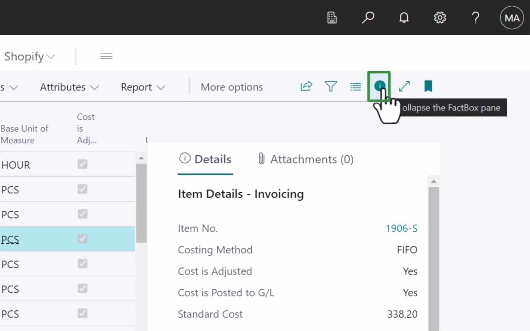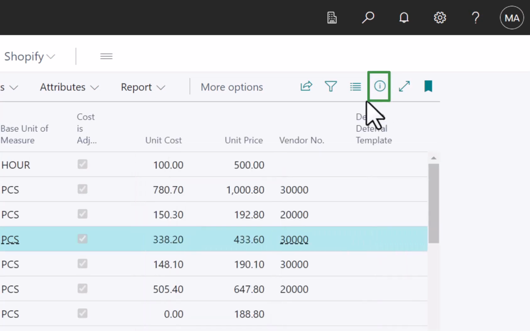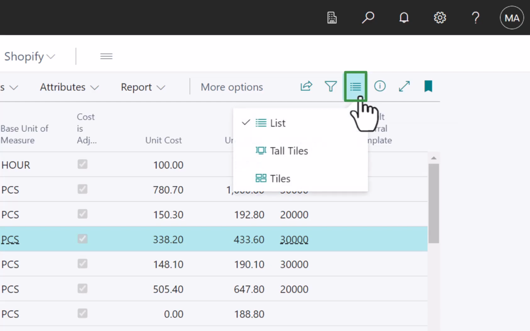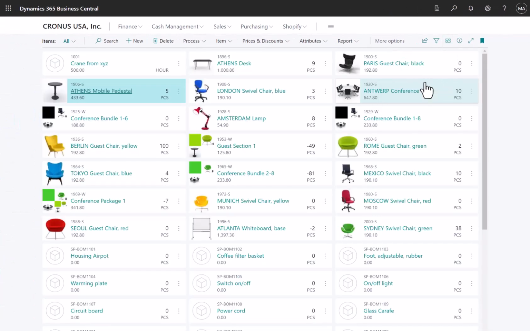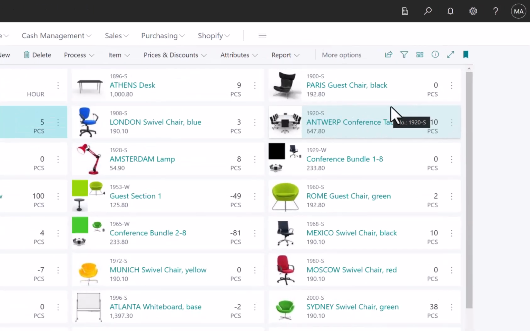You can also change the formatting of the list to view it as different tiles. To do this, simply click the hamburger icon next to the one previously selected. Choosing tiles will allow you to see the image of your inventory,